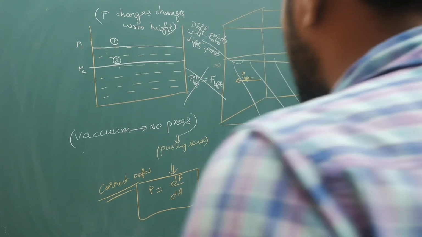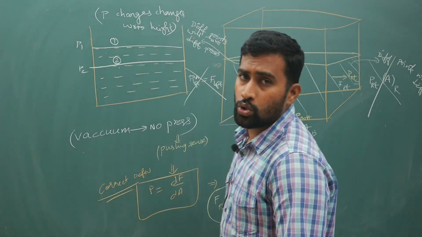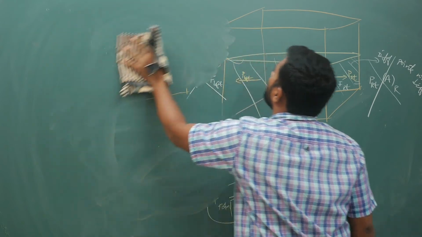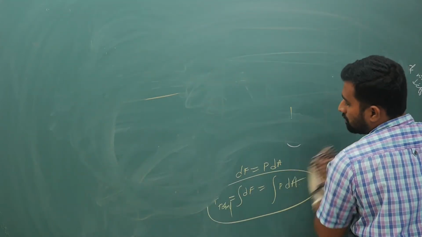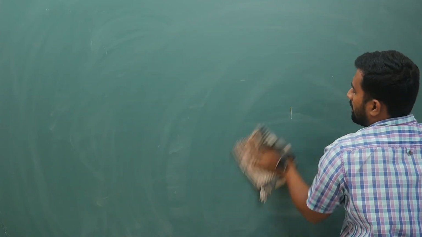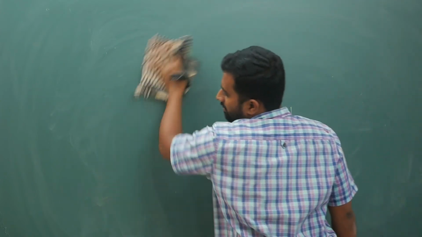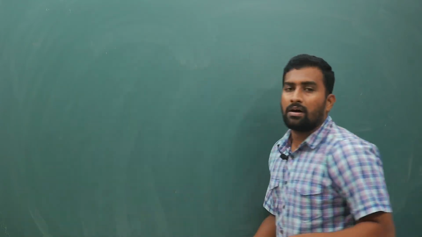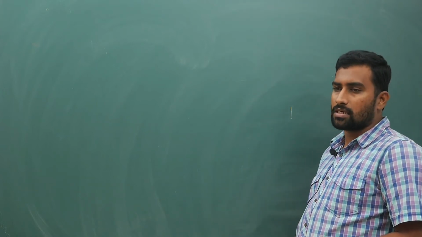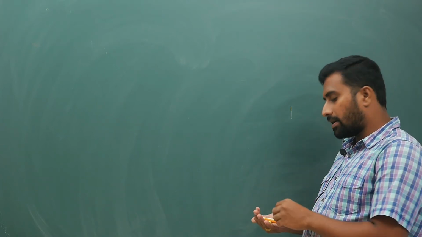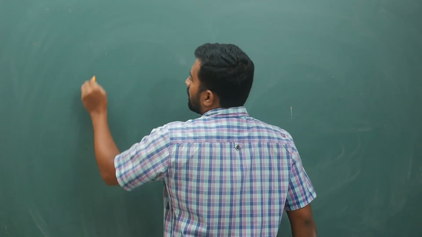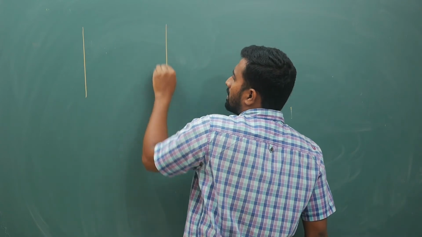Now let me try to do basic questions related to calculation of pressure, then you will get a very good amount of clarity. Let us consider a closed rectangular tank and an open rectangular tank. Both are there. In this chapter we will usually define pressure for fluids only. For solids also you can define pressure, provided you are applying the force in the perpendicular direction. Now here let us consider a rectangular tank.